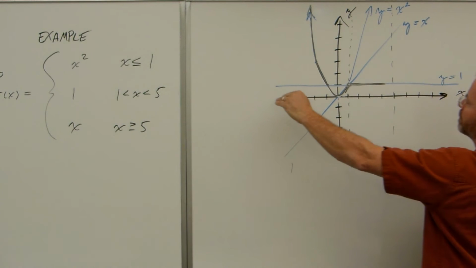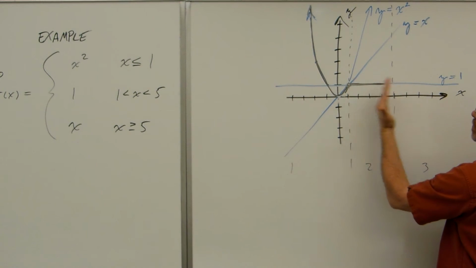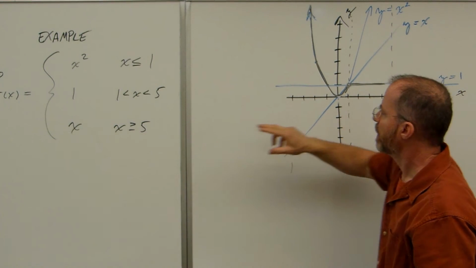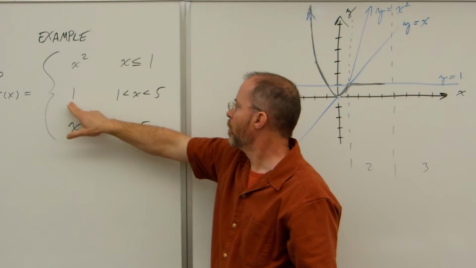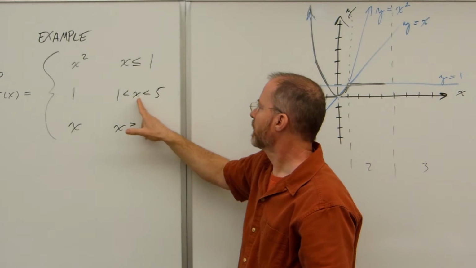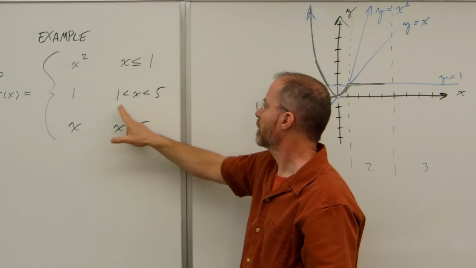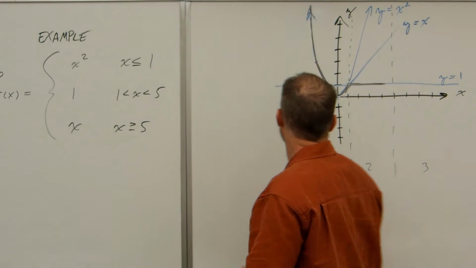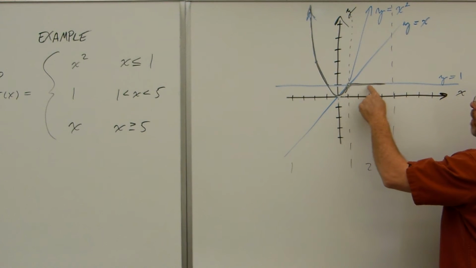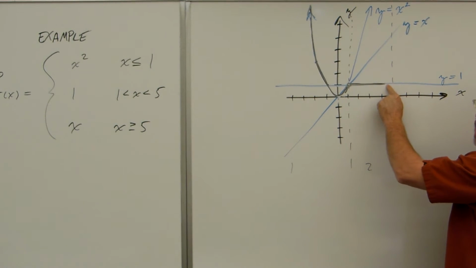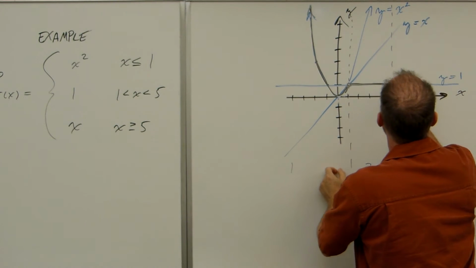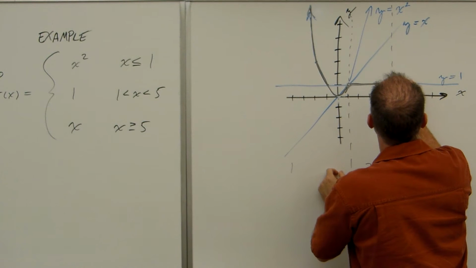Right, I'm going to get a piece of this flat line, just between 1 and 5 for x's. What happens at 5? This is supposed to be 1 for any x less than 5, strictly between 1 and 5, but not equal to 5. So I want to include this line all the way up to 4.5, 4.9, 4.99, 4.99999, but not 5. So I'm going to put an open circle